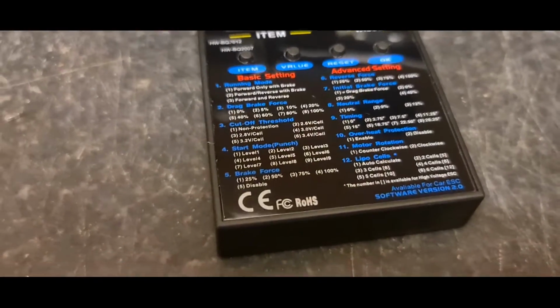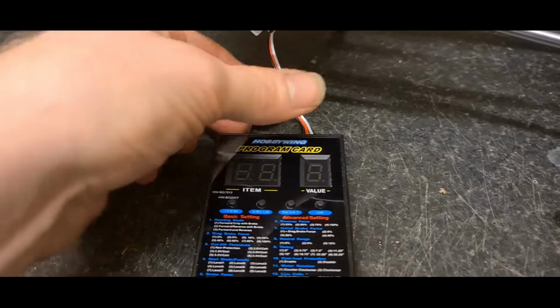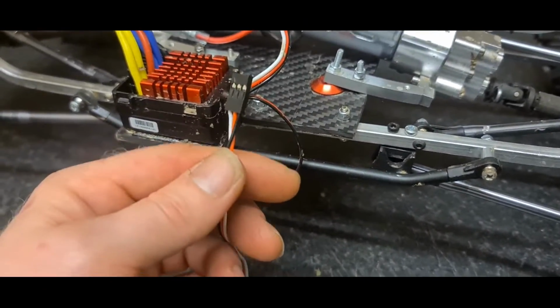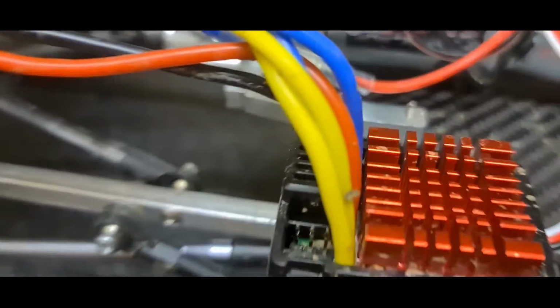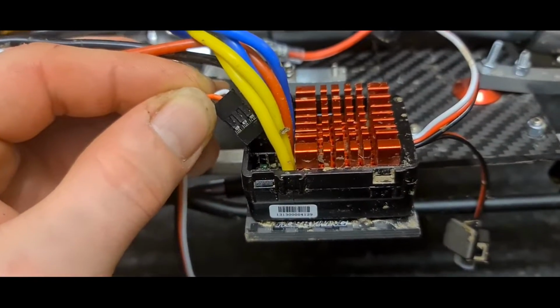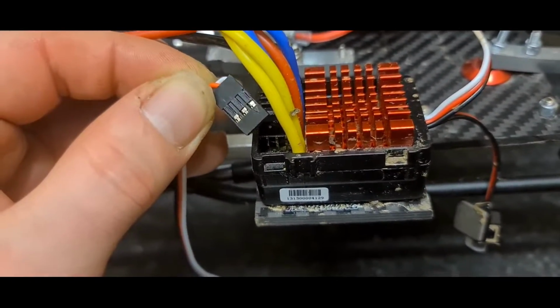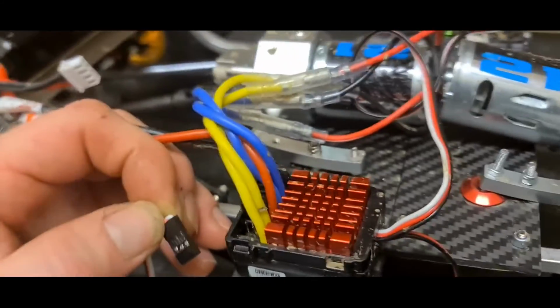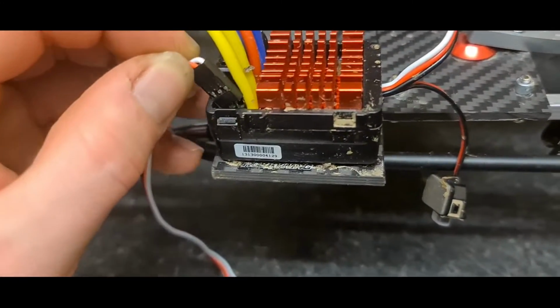It's like a little box of tricks. Now, what you'll want to do first is go and get the supplied JST 3-pin standard servo lead here and plug it in to the little port on your ESC. So when plugging in, you'll want to face your 3 little metal contacts towards you if the ESC is facing this way. Obviously if the ESC is facing the other way, you'll want them away